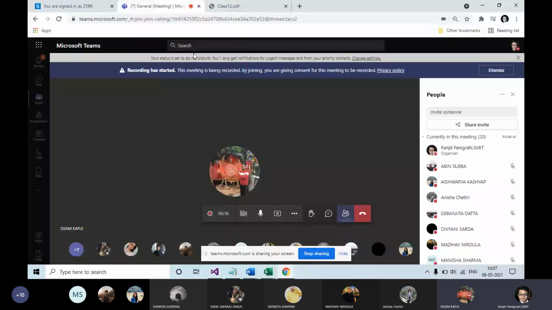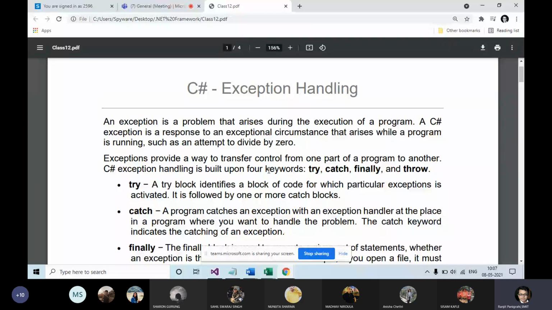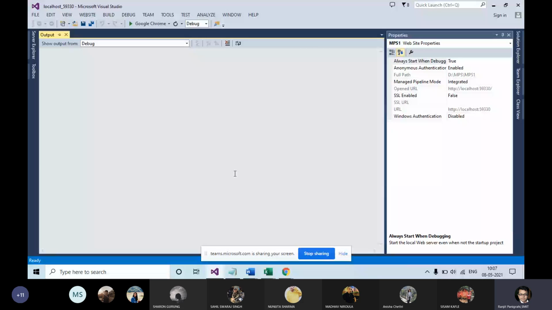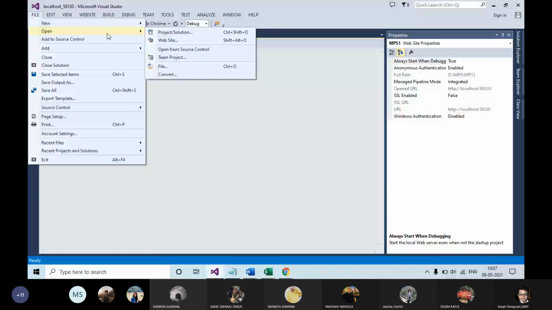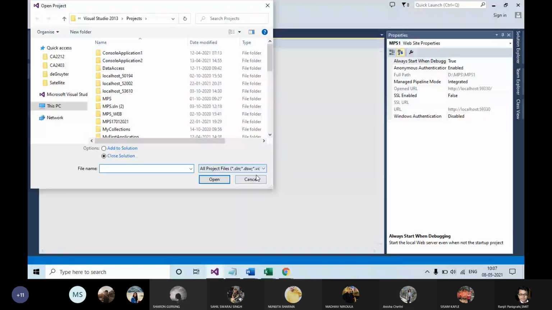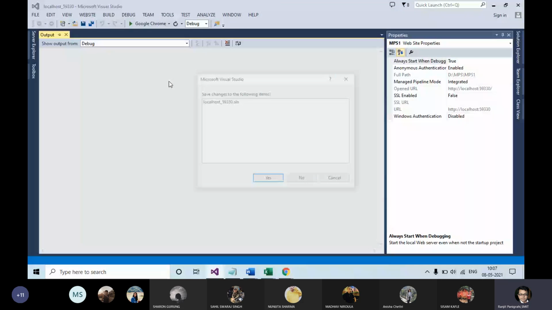Yes, sir. Okay. So an error is basically anything which is not appropriate to your program. If you see your source code, I am starting a new console application, or I will open an existing one.